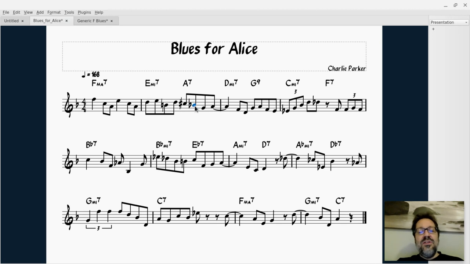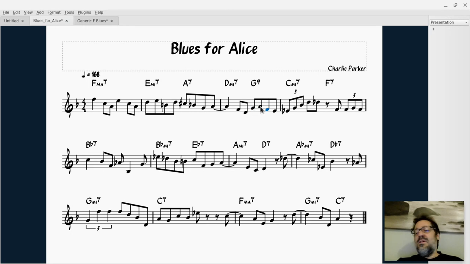He's also giving us this device here, B flat to G to A. A is the chord tone that he's targeting here, and then B flat and G are what's called an enclosure, preceding it by the note a step above and a step below. And then again, arpeggiating from there. And now he's got a little